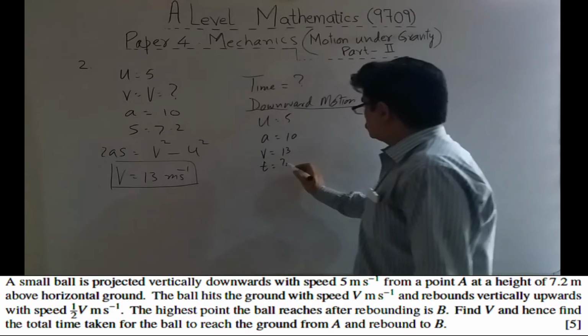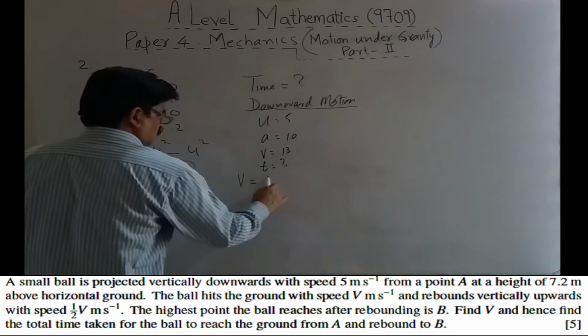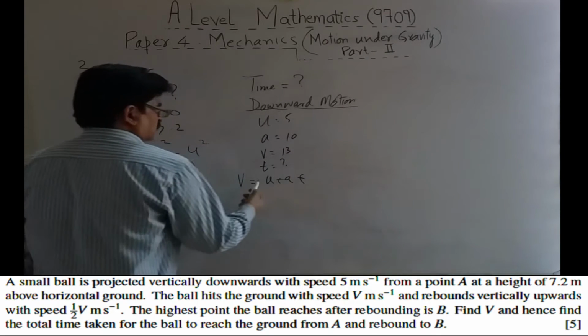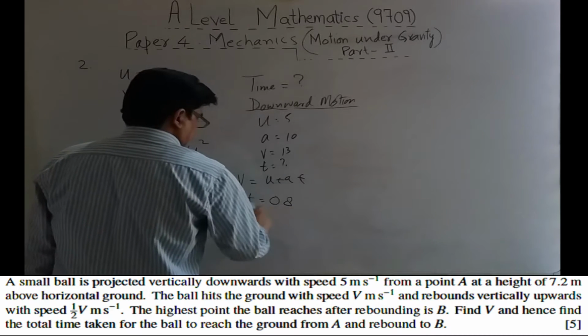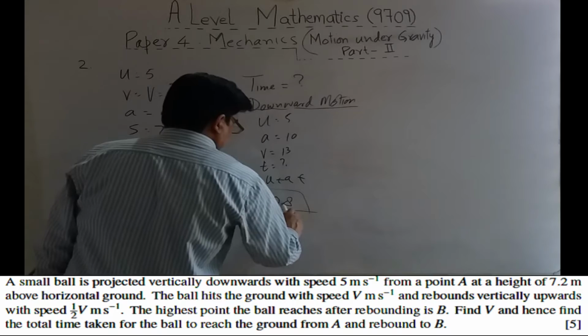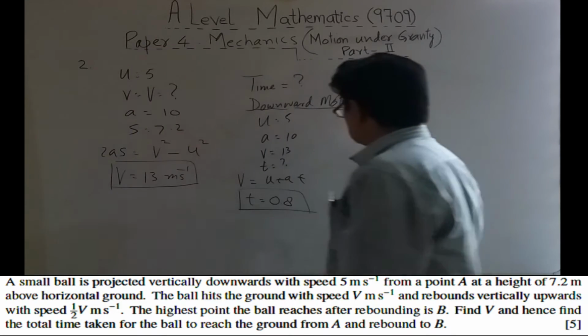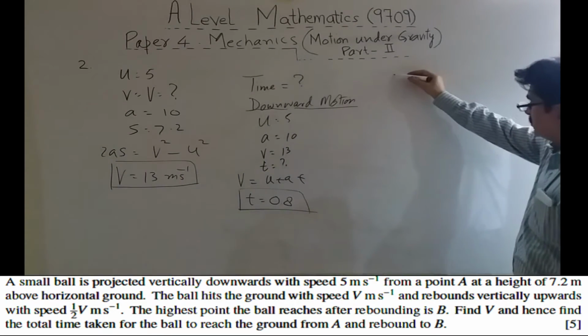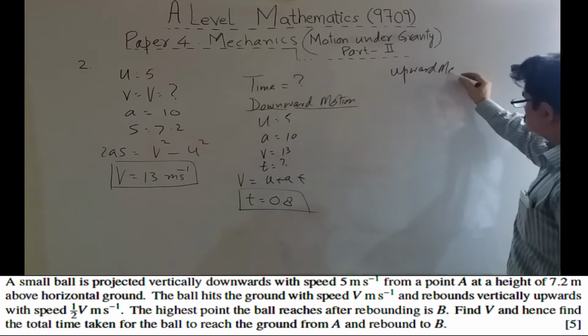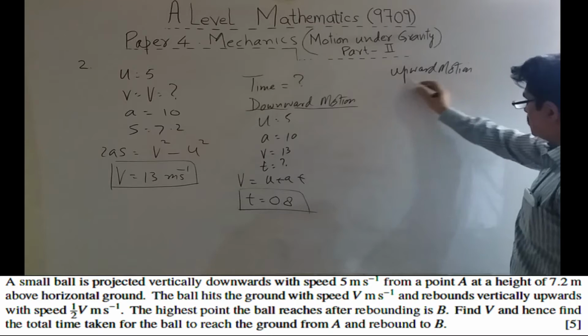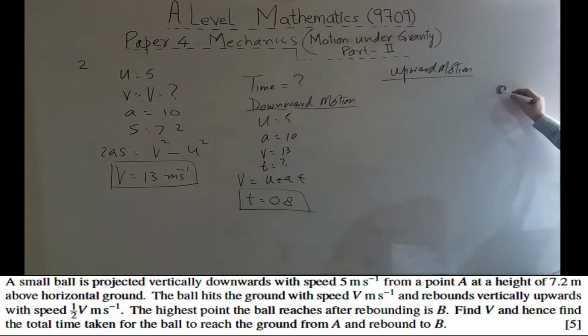We need time. So very simple, v is equal to u plus at. So from here you put the values, you will get the value of time to be 0.8 second. This is not the final answer, but we will use it in the next part. Now for upward motion. Now you are given that when it strikes the ground,